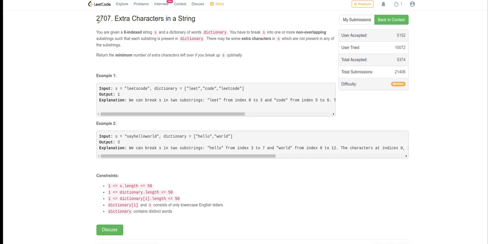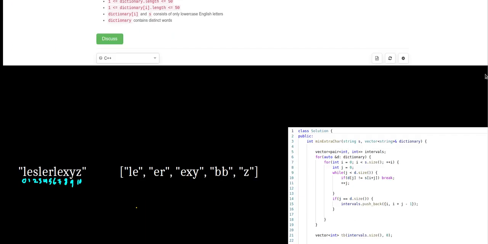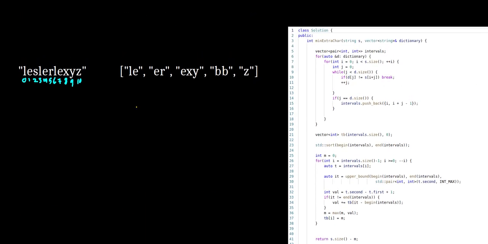Hi, this is the LeetCode question Extra Characters in a String. This is the second question of Biweekly Contest number 105. To solve this question, first of all, we need to